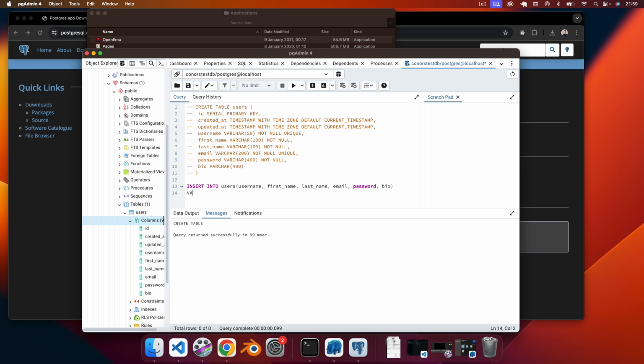Okay, and then here we can just say VALUES, and then we can do some open parentheses here. First thing, we need to insert a username for one user. Here I'll just say Conor Bailey, and then next is first name, so this is a string, so I'm using commas here, and then the last name will be Bailey, and then we'll just say my email, which is conbailey90@gmail.com, and then we'll just say a password, which is 12345, and then we'll just give a bio of Conor's